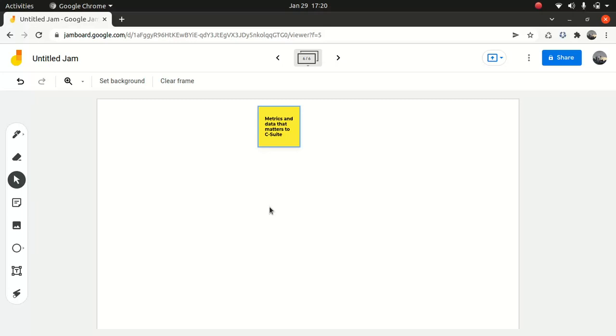Now, why do you have to present the case to them? Obviously because you need funding from them, so you can go to them and say, hey, I have this idea which I wanted to implement, which I believe can take the organization to the next level. So C-suite obviously will be interested in looking at the metrics, right?